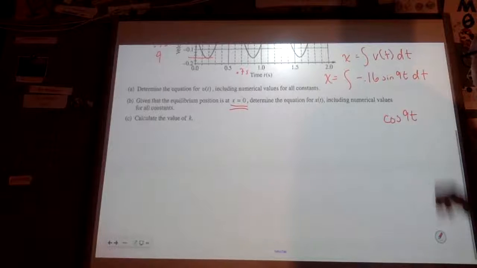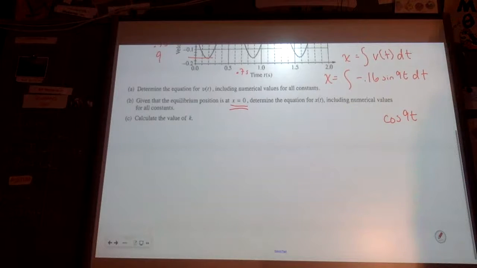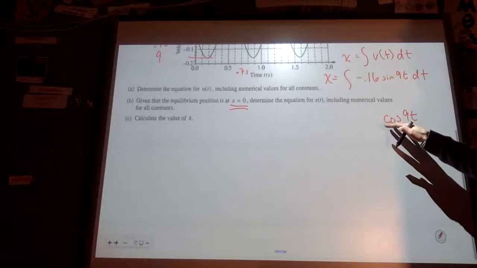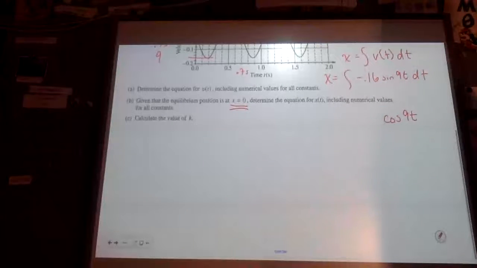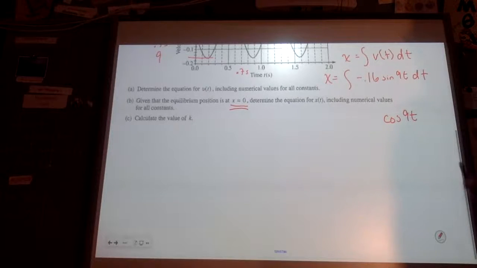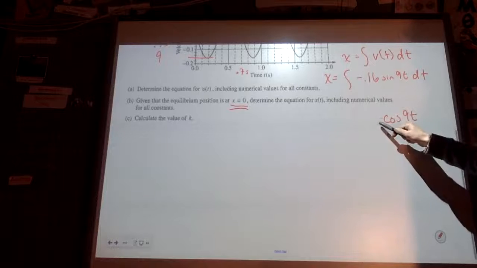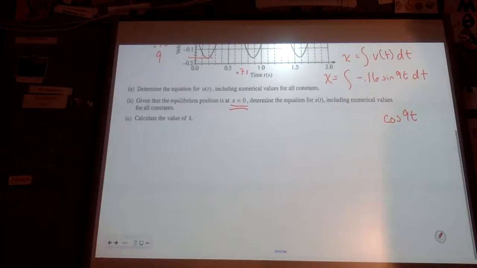So I know that I'm going to have a cosine of 9t. And then I know that when I take the derivative of my position, I want to end up with the velocity function. And so I know that I need to figure out what I have in front of it, so when this 9 comes out, when I take the derivative, it ends up being